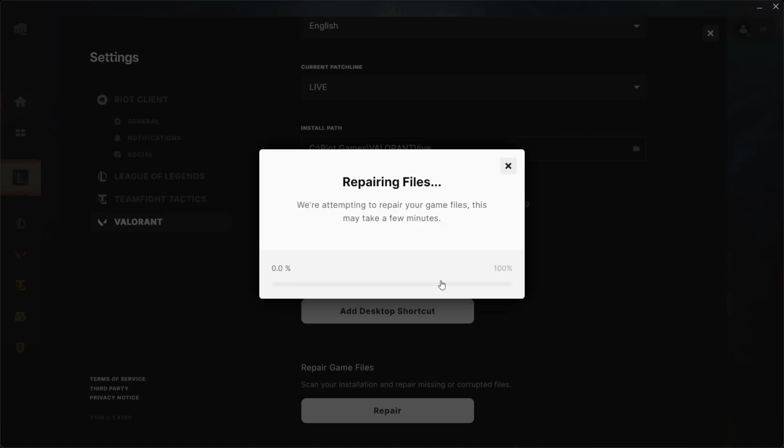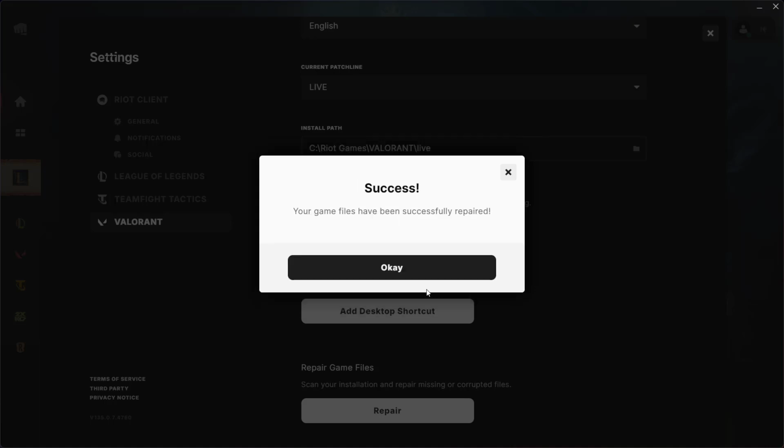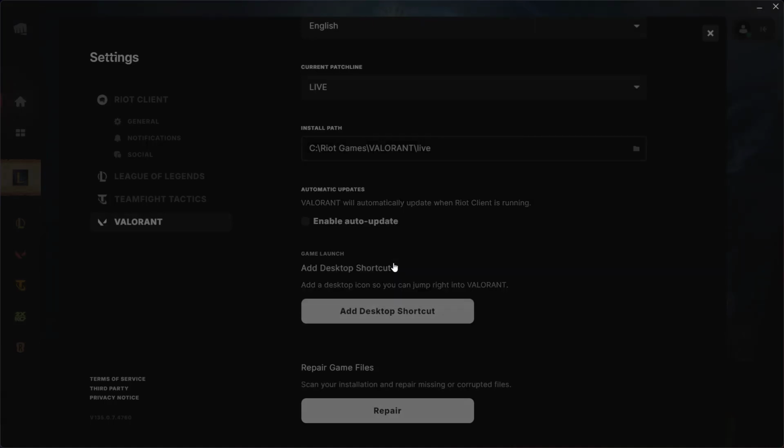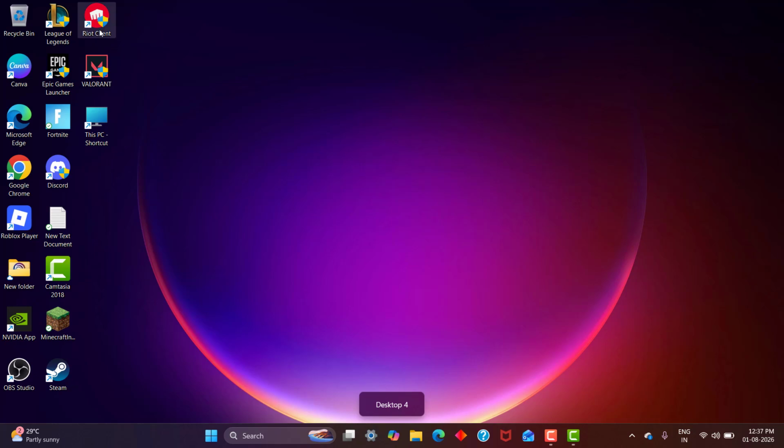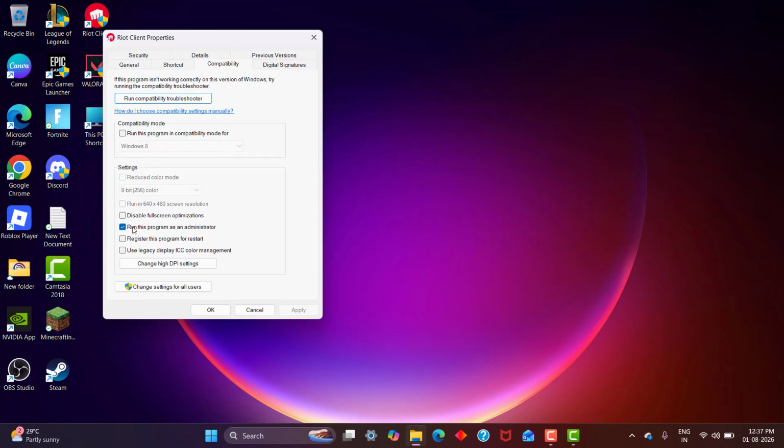Wait for some time, it's actually verifying your game file. Once complete, it will throw up the message successfully repaired. Click OK. Next step, right click Riot client, click properties, click compatibility, enable run the program as administrator, click apply